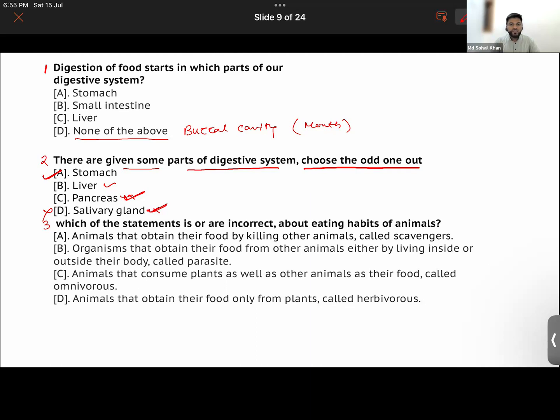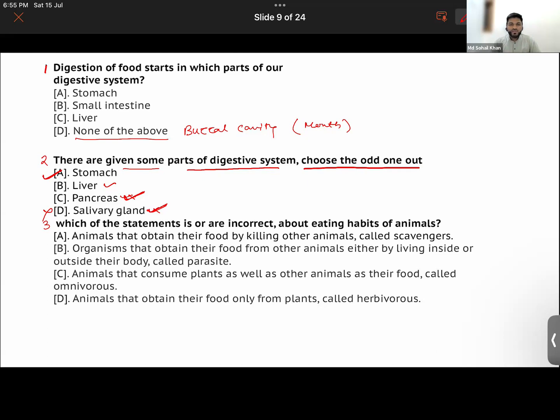By the way, Vaiga, when did your school start? In the month of June or earlier? I didn't hear. Can you repeat what you asked? I asked when your school started, in May or June? I don't remember it. Okay, you must be remembering the name of the month at least. I don't remember. Okay, no issue.